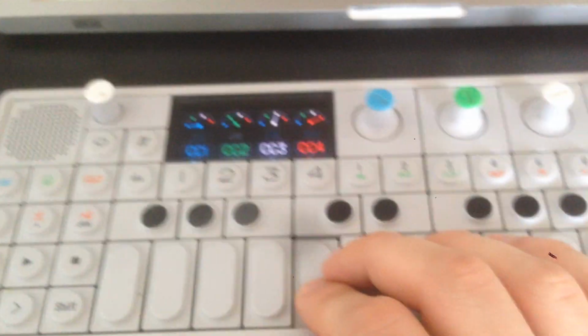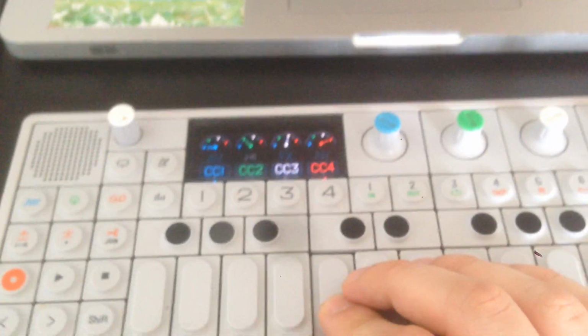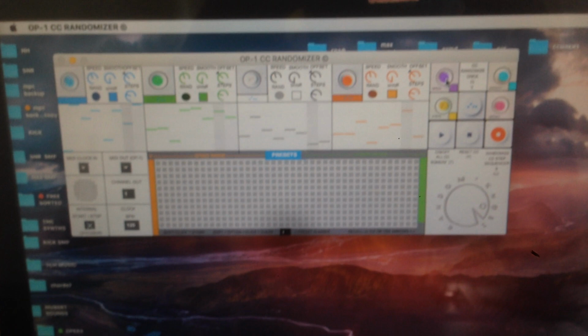So basically, this is how you set up OP-1 to work with an app. But there is no sound initially coming from the app. It's just to control OP-1. Hope that